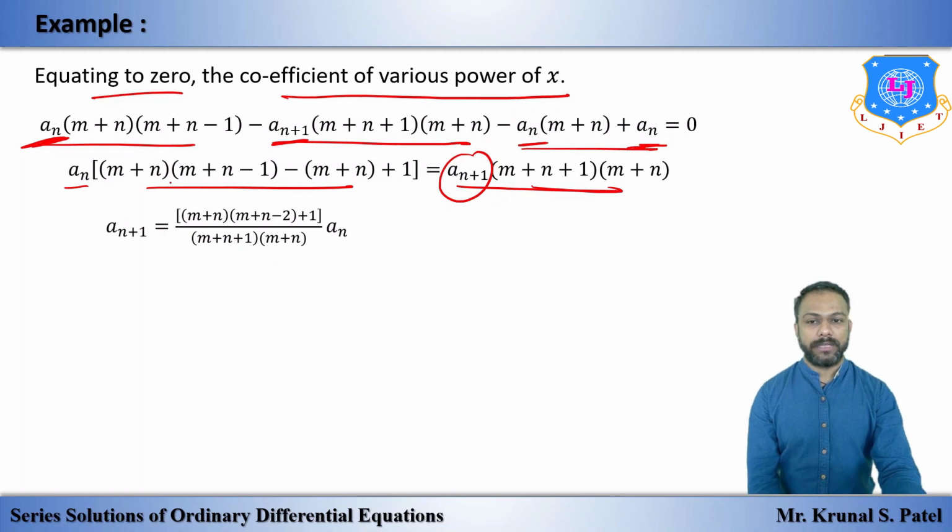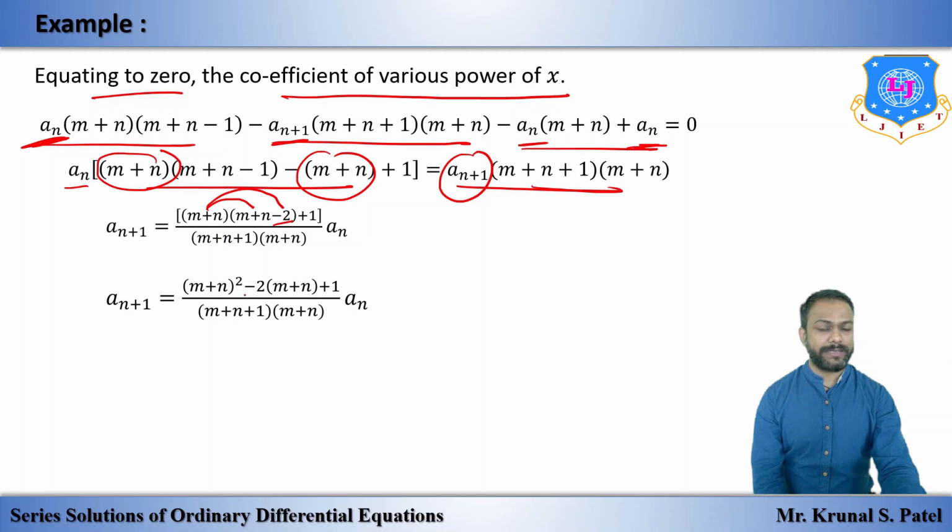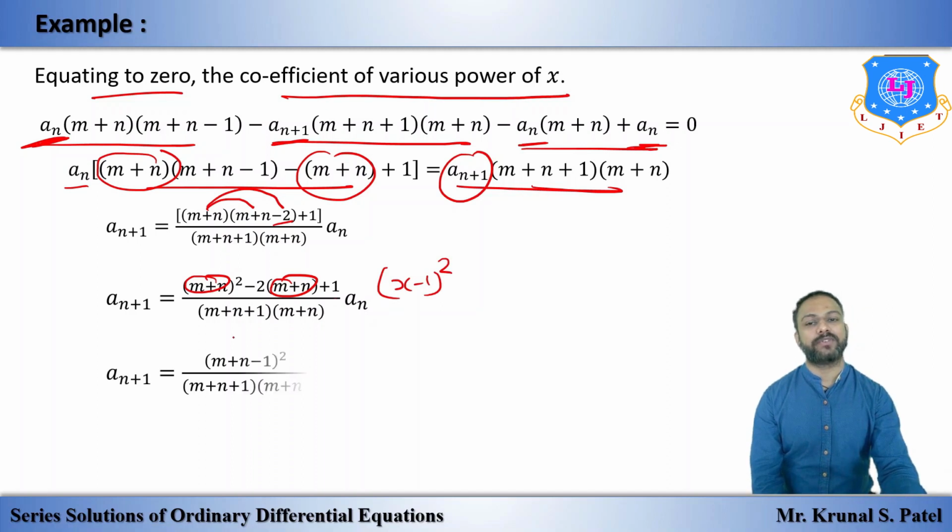Okay. And now, as we have decided this, if we take common this from these two terms, m plus n minus 1, this is minus 2, n plus 1 as it is. Now, the same we can make a factor, multiply with 2. So we have this term, and as I told, if we consider this x, so x square minus 2x plus 1, denominator as it is. So x square minus 2x plus 1, that means x minus 1 whole square, and we decided x as m plus n, so m plus n minus 1 whole square. Here no term is cancelled out,